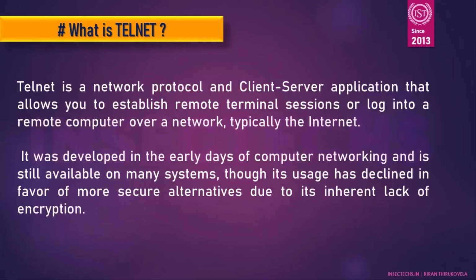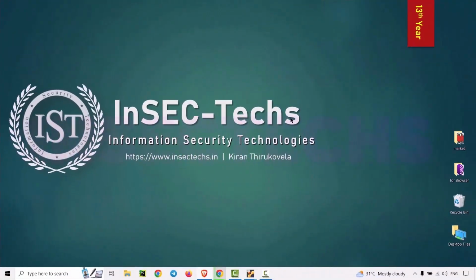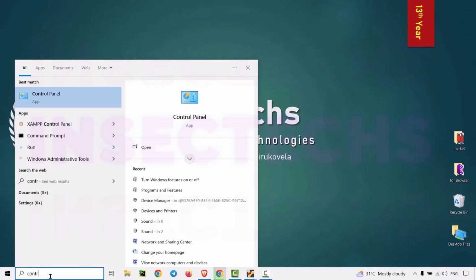On Windows, by default Telnet is not available and you need to enable it. But in Linux systems like Ubuntu and Kali Linux, Telnet is installed by default. So now let me head back to the Windows computer. This is my host machine and it is Windows 10, and by default, as said, Telnet is not enabled in the latest Windows computers. So you need to open Control Panel. So type control panel,